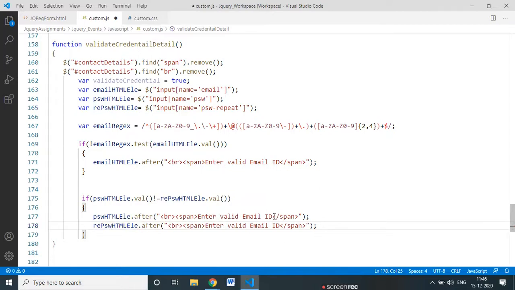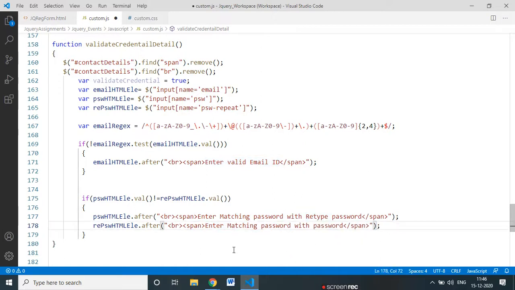So here I'm saying enter matching password with retype password. Okay, so enter matching password with a retype password. Now here I will say password with the password.